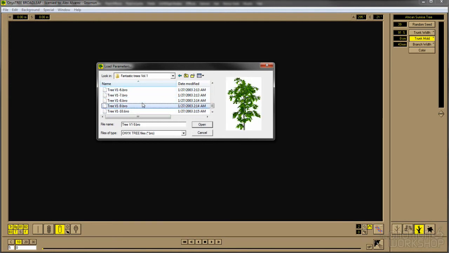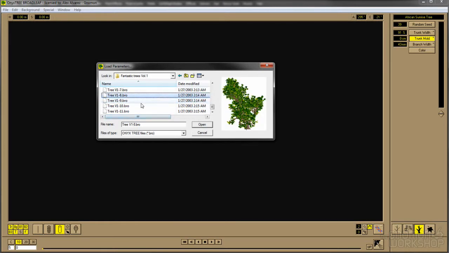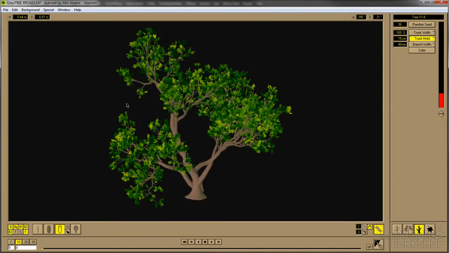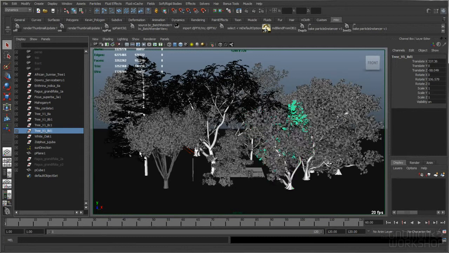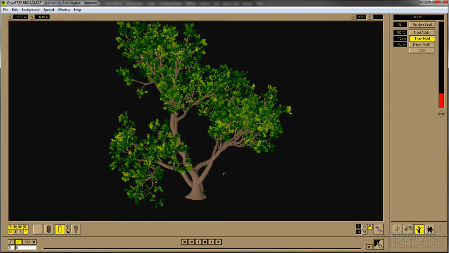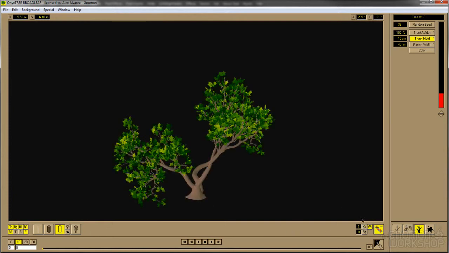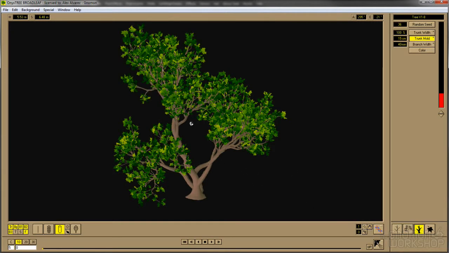There's some cool trees inside here, and if you find one that you like, so let's say we like this one, so tree V18, I'll get that to draw. That's what this one is. So tree V18, and you see I have A, B, C, and D, and that's because I made some variations on this preset, and so I like the preset. I just wanted to have some variations on it. So I exported it once, but then you can go to any one of these parameters and